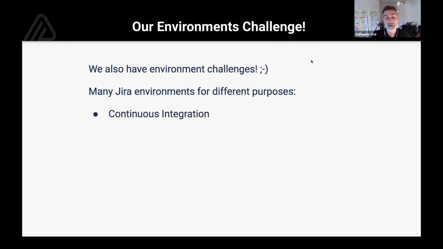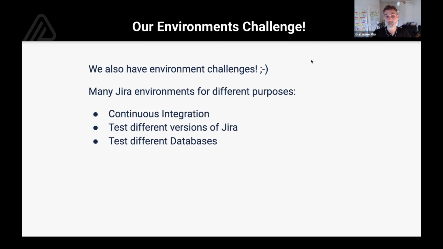One is for continuous integration, so quite a classical use case. We have Selenium tests and integration tests, so we need a container to execute these tests. We have put in place pipelines with headless execution of Selenium testing and things like that. So all of this is executed in Docker containers running Jira instances, for example. But we also have to ensure that our app works with different versions of Jira, and with different databases. As Jira supports many different kinds of databases, we have to ensure that everything is okay in Jira Data